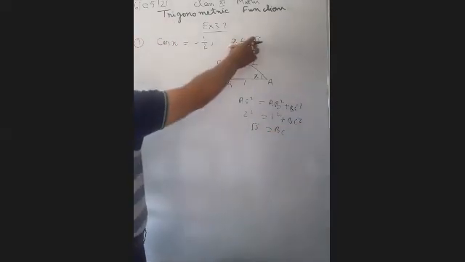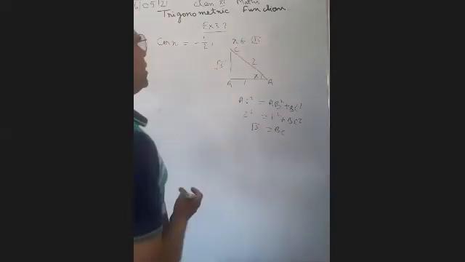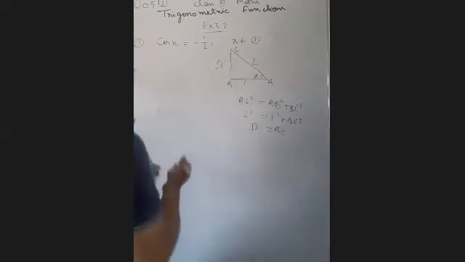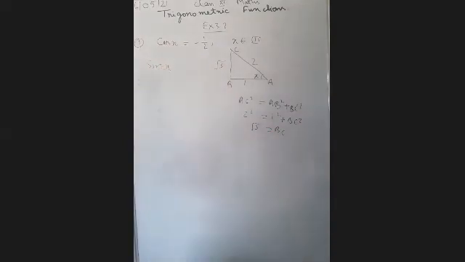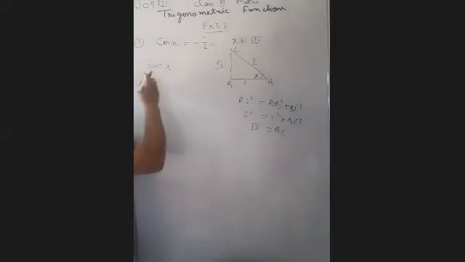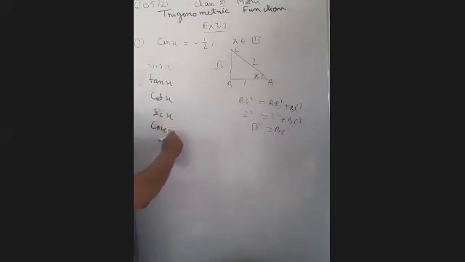Now you have to use this concept: x belongs to the third quadrant. I have told you, in the third quadrant which terms are positive. Tell me. Sin theta, other trigonometric ratios will be tan theta, cos x they have given you, so there is no need to write cos x. After that tan x, cot x, sec x, cosec x. We have to write the value of the remaining 5 trigonometric ratios.